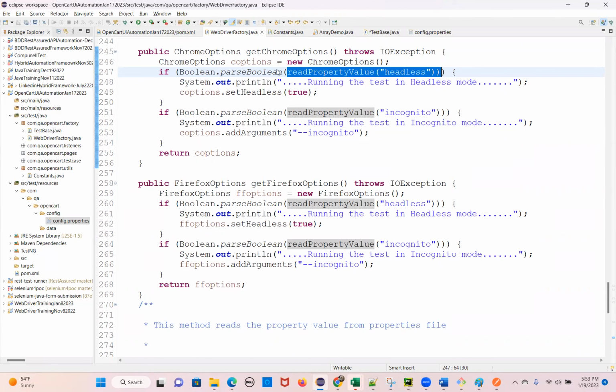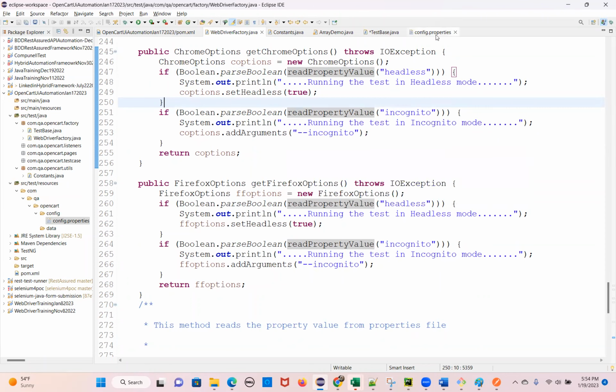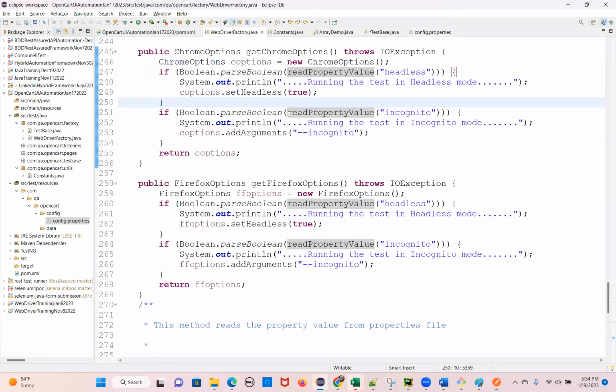Okay, if it is false, I don't want to execute this code. So if it is true only, it will come here and set headless. I'm setting the headless to true. And another one, else if you can write. So else if, you write Boolean dot parse boolean, read property value incognito. So incognito value here we kept false. So you will get here false value. So the false I am converting into